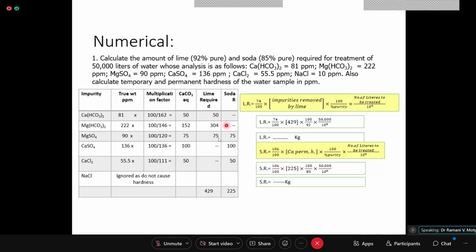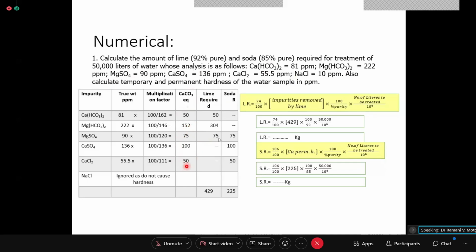नहीं तो students ये भी गलती करते हैं. छोटा छोटा mistake everywhere will be there. So I am telling you where you have to take precautions. So you add this, see the CaCO3 equivalent column and there you sum it up. Or when the numerical is there, temporary and permanent hardness, before you go for writing the LR and SR column, you first write down, circle this and circle this. Once you circle this, things are okay.